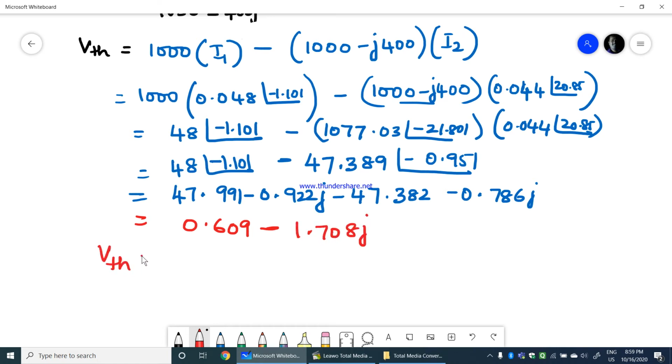So VTH would be equal to, in polar what we will get, shift polar of